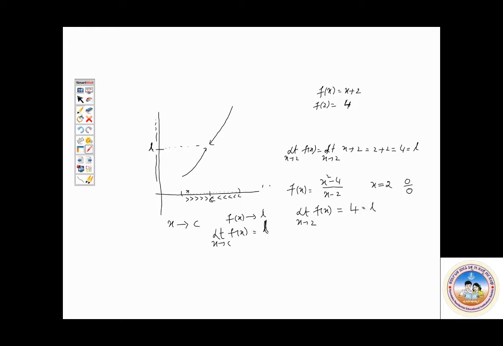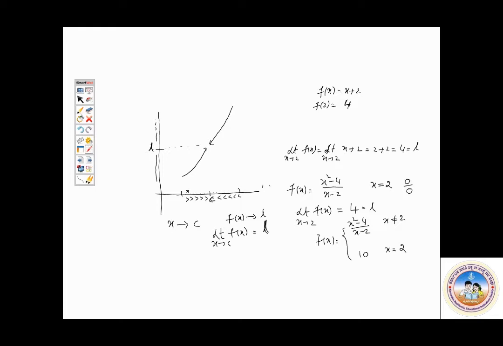Now in such cases, we define the function as f of x equals x square minus 4 divided by x minus 2, when x is not equal to 2. Not equal to 2 means it is approaching from both sides of the same form. Then if I define something like 10 when x is equal to 2, what do you mean in this case? Here the limit exists.